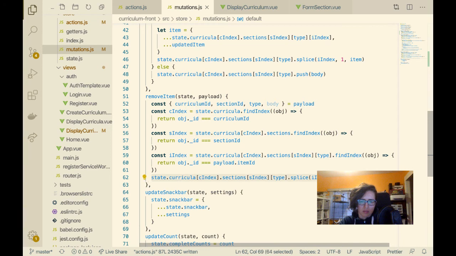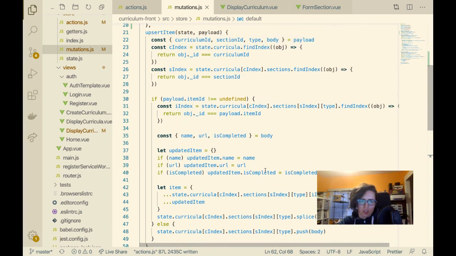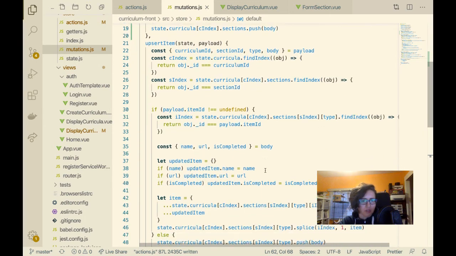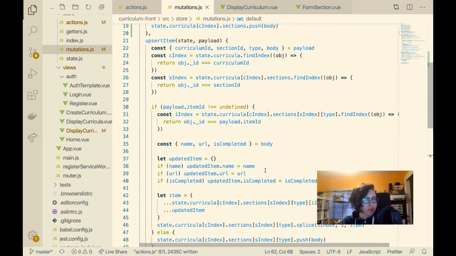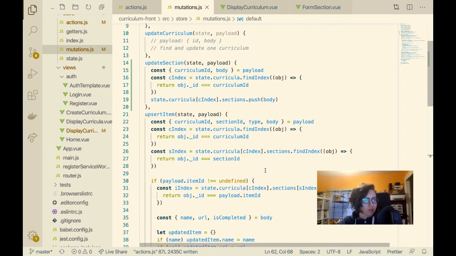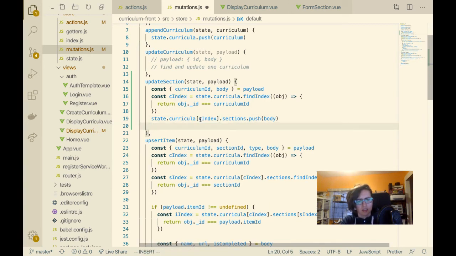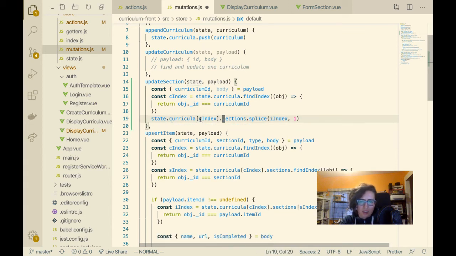So I'll just do splice of 0. I mean, yeah, I won't remove anything, but I can use splice without removing anything. Okay. So sections dot splice. And then I can, so